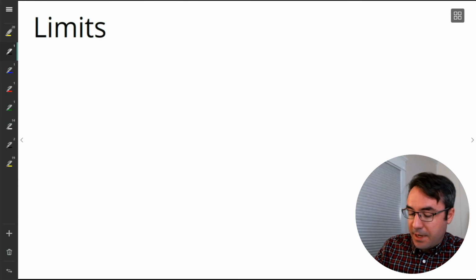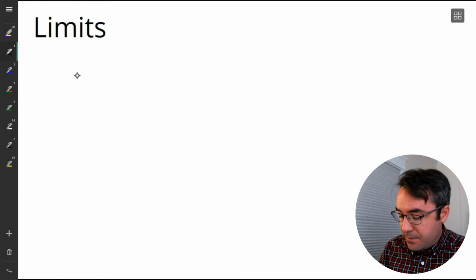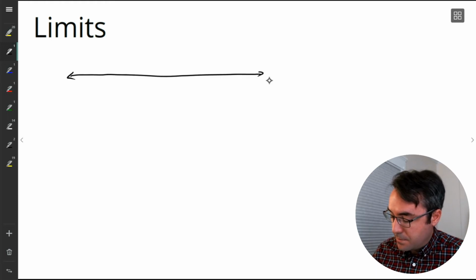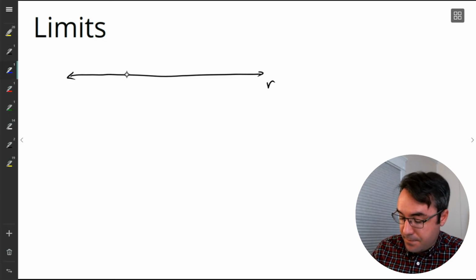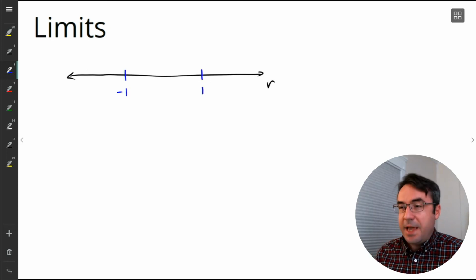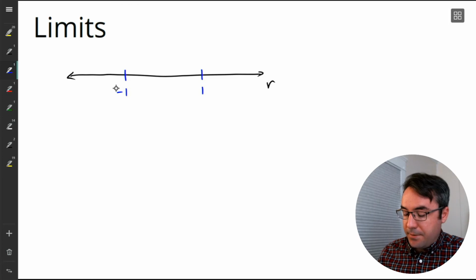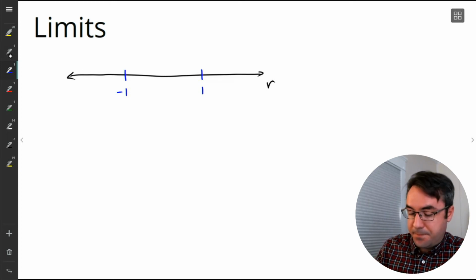So let's break this down. It might help to actually draw a number line for the r values. We saw that the behavior really changes around -1 and +1. So let's start with the positive values that we looked at. When r was greater than 1,